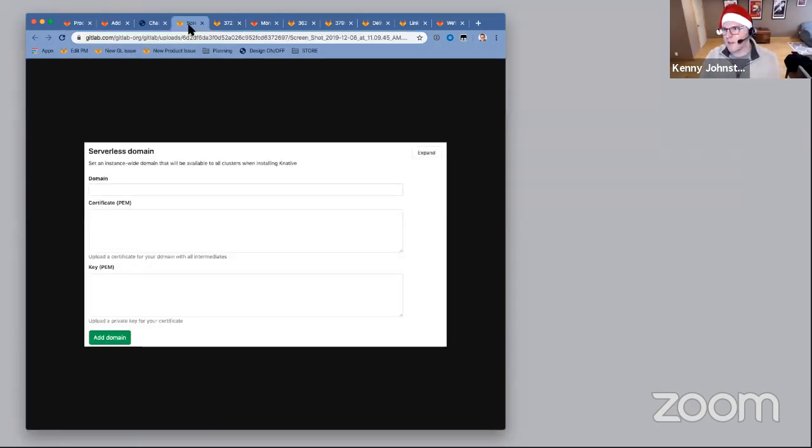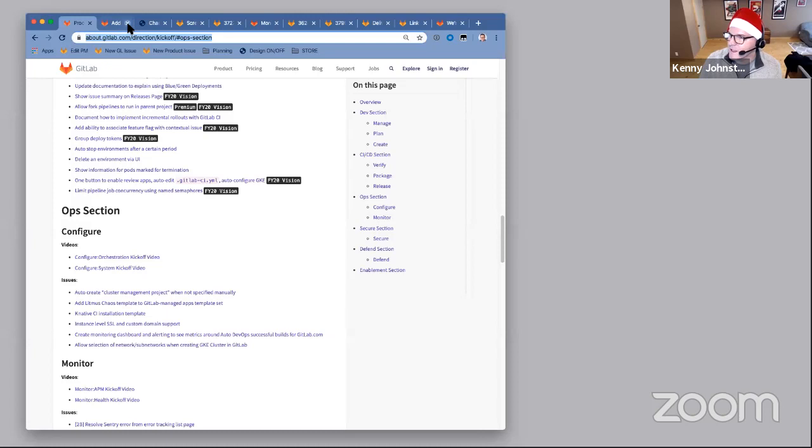One of the big components of that is enabling you to set up an instance-wide domain. So as a GitLab administrator, you can set up an instance-wide domain that your users' individual serverless applications will automatically deploy to, so that they don't have to do a bunch of configuration and addition of domain names on their own, and also provide instance-wide serverless SSL certificates. So this is a great way to get started with enabling your individual developers to independently create serverless applications using GitLab. I'd like to move on to the monitor stage.